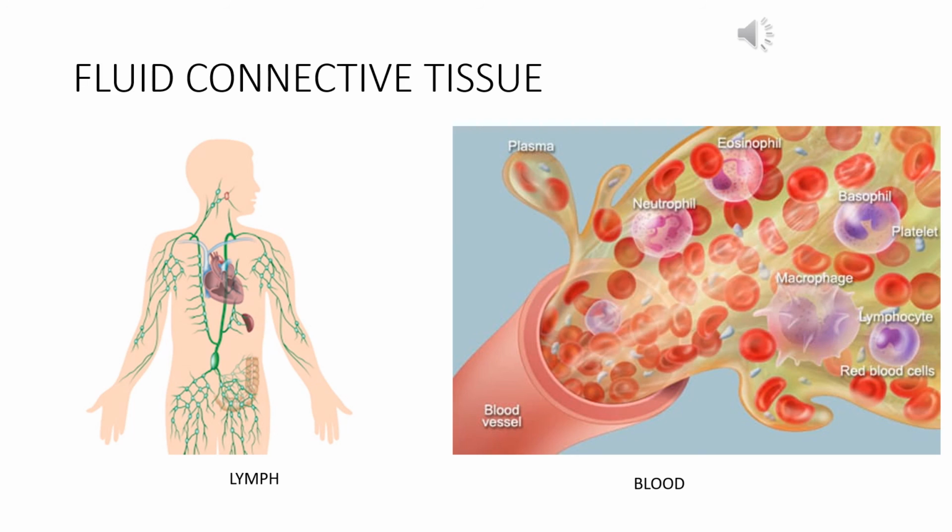Lymph is conducted throughout our body through the lymphatic system, and there are different kinds of lymph glands that are present in our body. They are present in our neck, in our underarm regions, in our hamstring regions, in our knee, and they are mainly concerned with protecting our body against the pathogens. Because they have WBC in it, they are concerned with protecting the body against the pathogens. So this is all about the connective tissue.